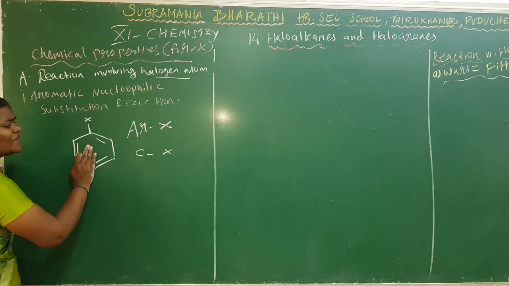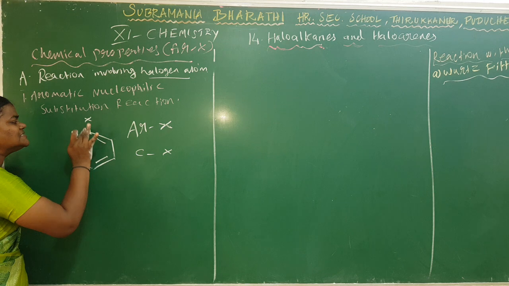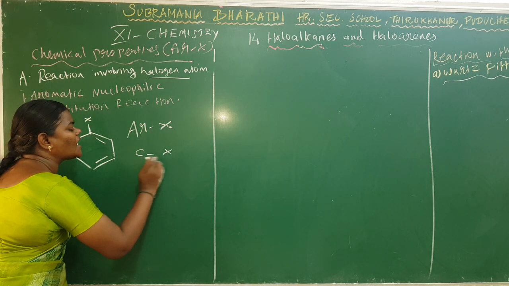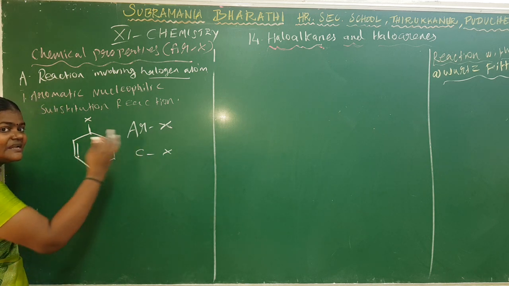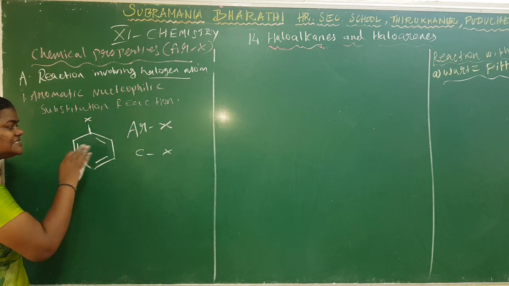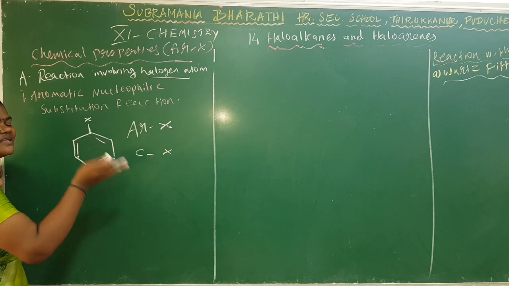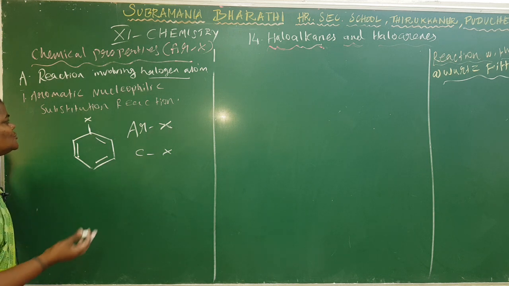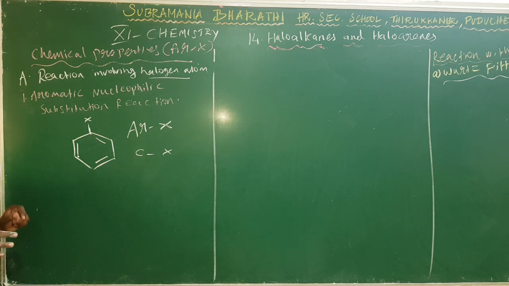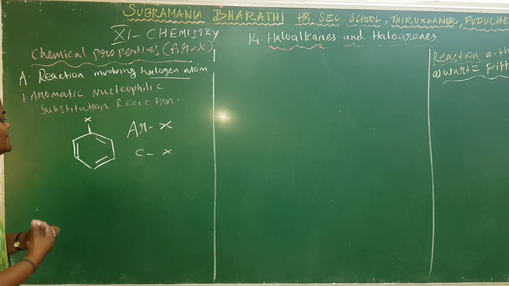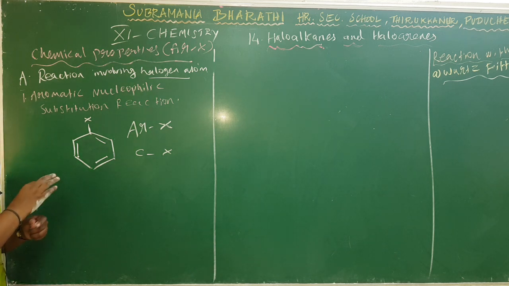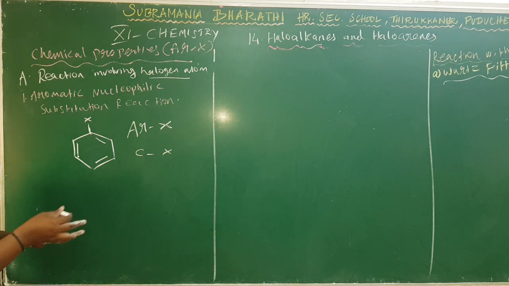This is the aromatic arene group, directly attached to the halogen. So the C-X bond is very short and comparatively has a very high bond strength. The C-X bond is stronger than the C-C bond. So it does not directly undergo the nucleophilic substitution reaction. With some external force, that is, when temperature and pressure are raised, the nucleophile easily attaches to the halogen and the substitution reaction is carried out.